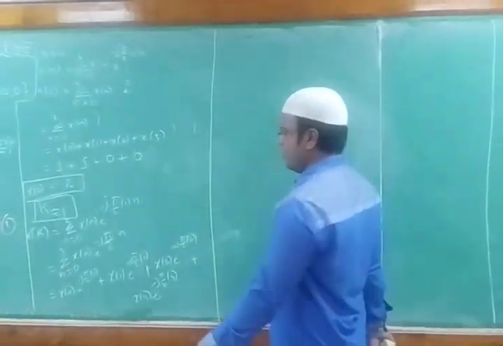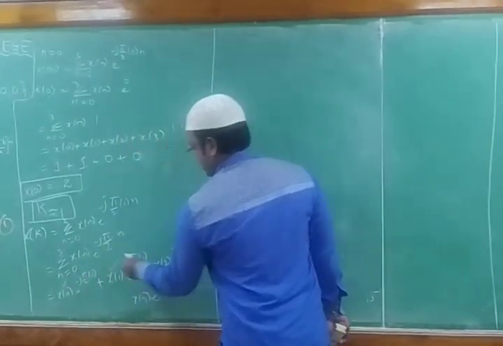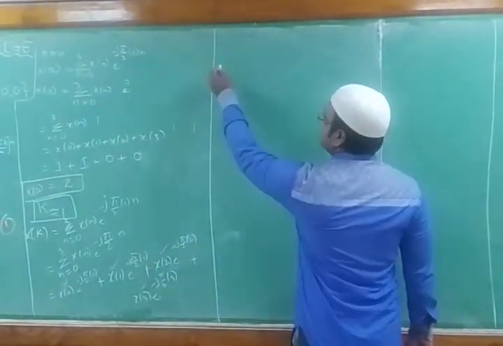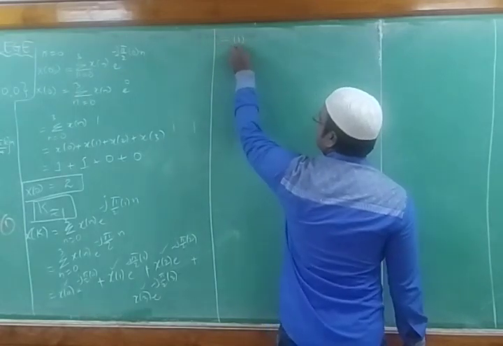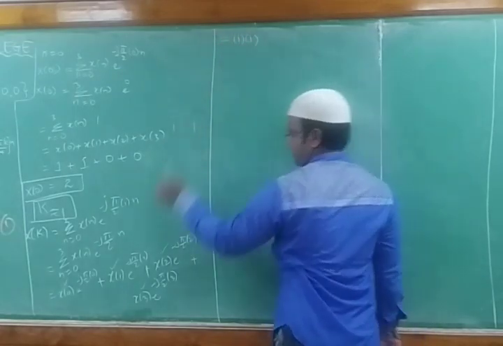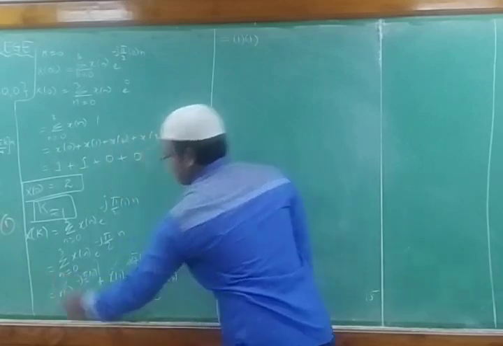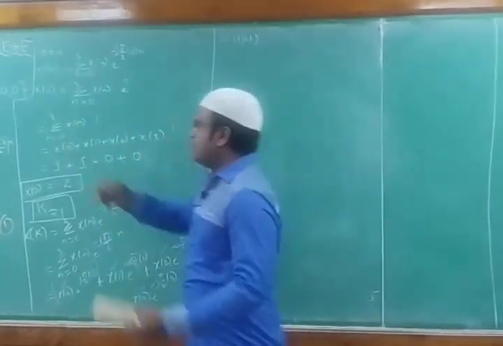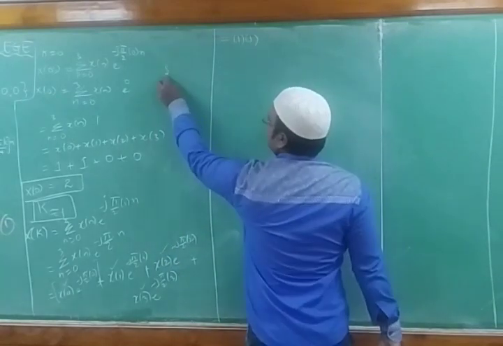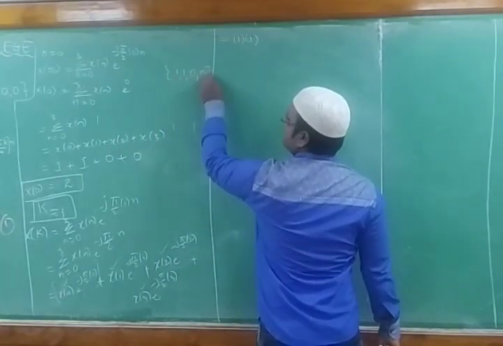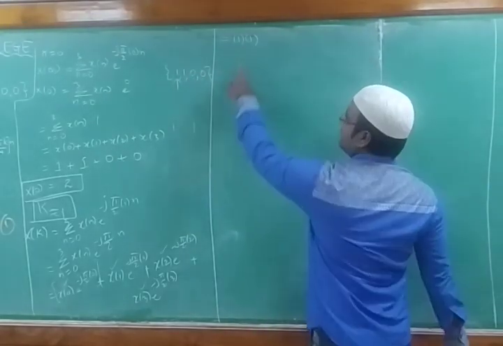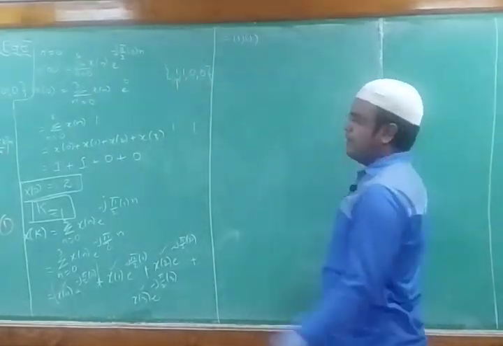So now we know all those values. X of 0 we do have, x of 1, x of 2 and x of 3. So we'll write those things. What will we get? What is x of 0 I do have? It's 1, into e power 0, which is also 1. This factor we are doing. So what is x of 0 we got in the question? It's 1. So we had the sequence like this: 1, 1, 0 and 0. So x of 0, x of 1, x of 2, x of 3. So x of 0 is 1, e power 0 is also 1.